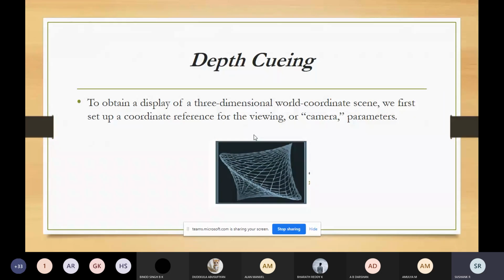So how is it employed in computer graphics? When we are projecting an object, we vary the brightness of the line segments according to the distance from the viewing direction. For example,